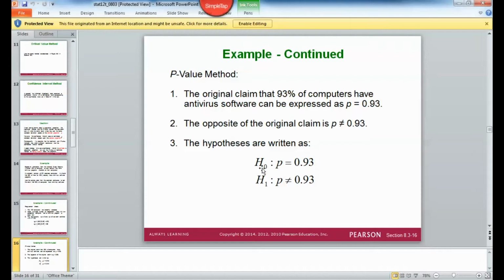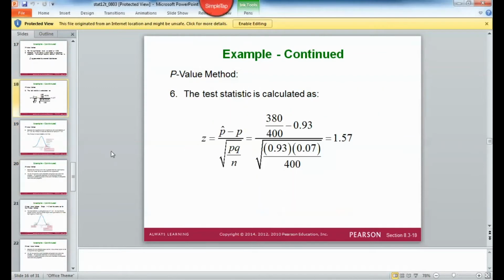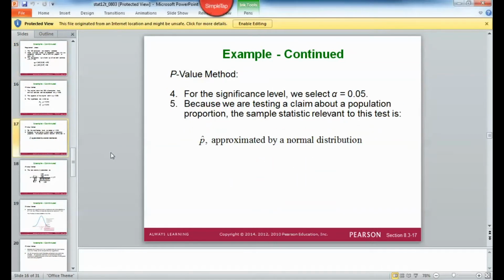Then our null hypothesis is going to be the one with equality, and our alternate hypothesis will be the one that's left over. So the null hypothesis is p equals 0.93, and not equal to would be the alternate hypothesis. Then we have an alpha of 0.05,